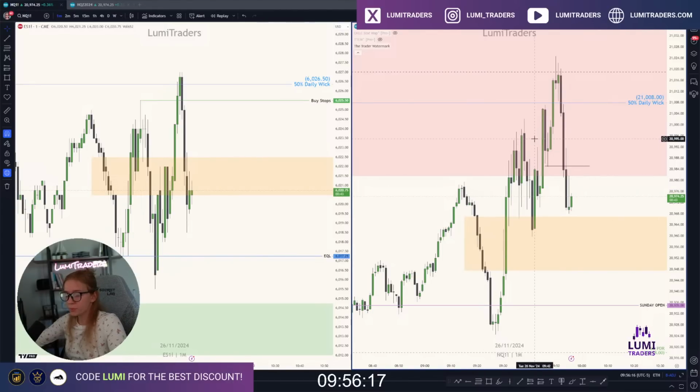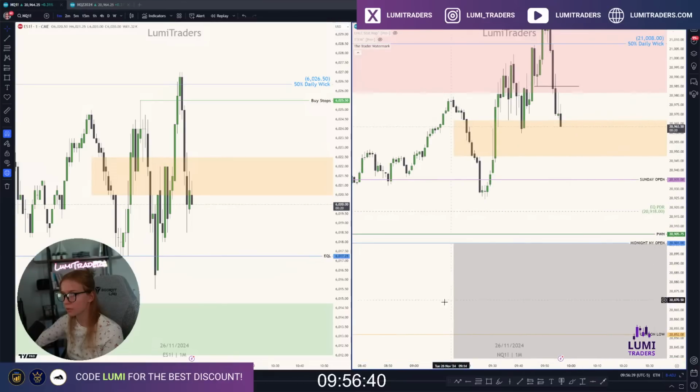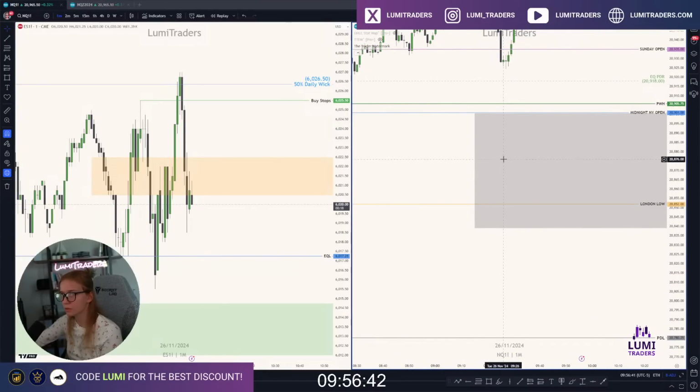50% of daily week itself is a liquidity level. Also interesting to see this. See this dotted line right here, it is 50% of daily fair value gap. This means we took this liquidity level, we got 50% of daily fair value gap. Let's see if we can continue going lower at this point to take this range. Let's also use blue color.